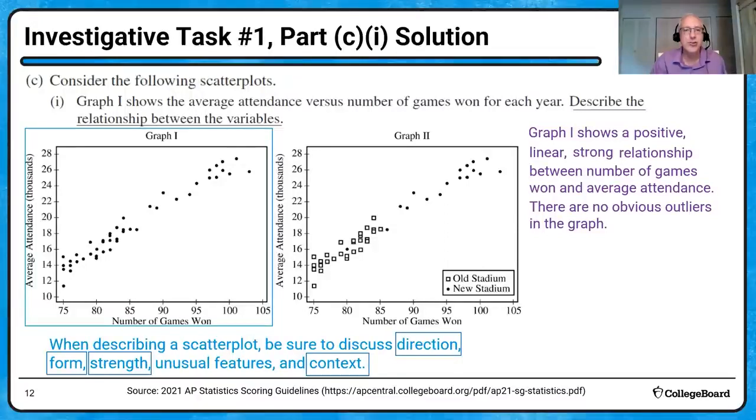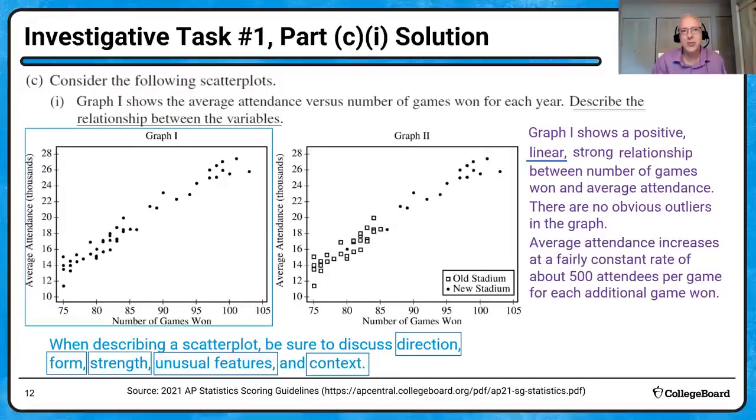So I want to go a little deeper on 2 of these descriptors now that I've done the 5 required elements. In several past AP exam questions, students have been asked to talk in more detail about what linear means. So linear has to do with a constant rate of change, or approximately constant rate of change. So in this case, the average attendance increases at a fairly constant rate of about 500 attendees per game for each additional game won. So at some point, you might be asked to explain what you mean by a linear